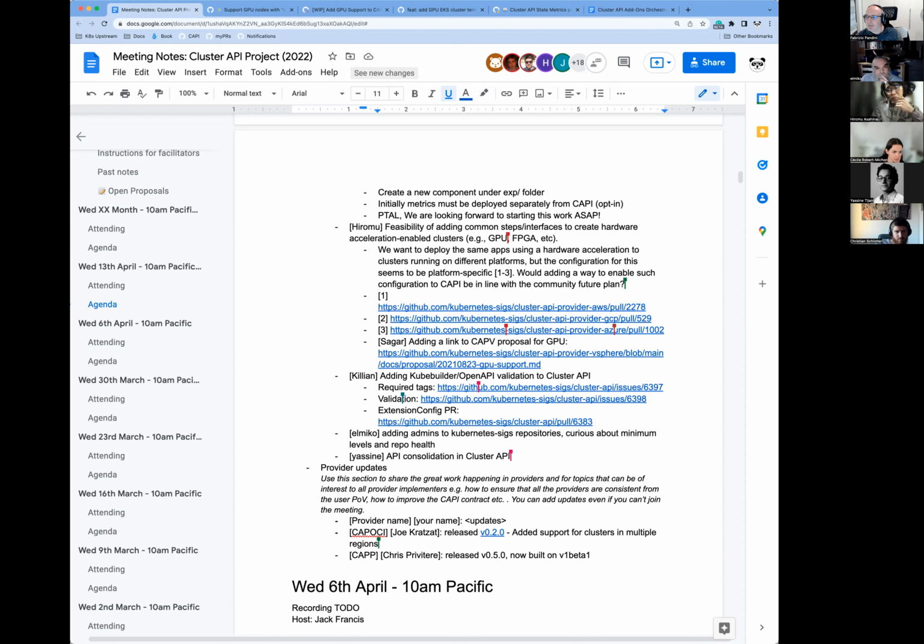It is a common problem. We can do the same for machine size or for device type like GPU.